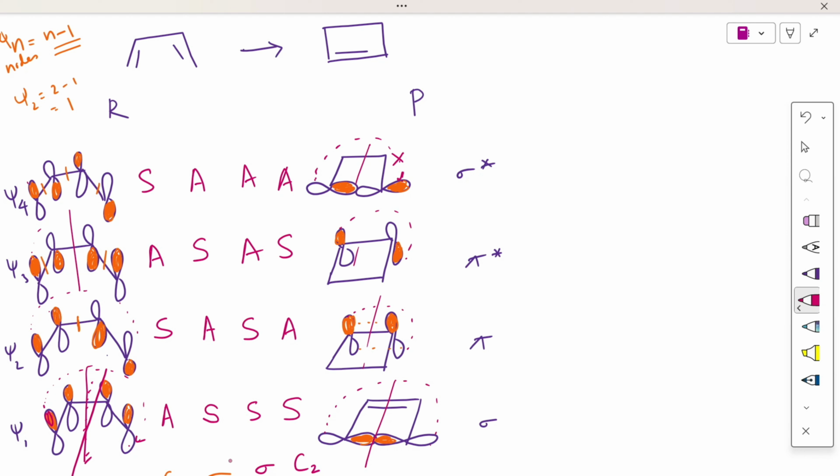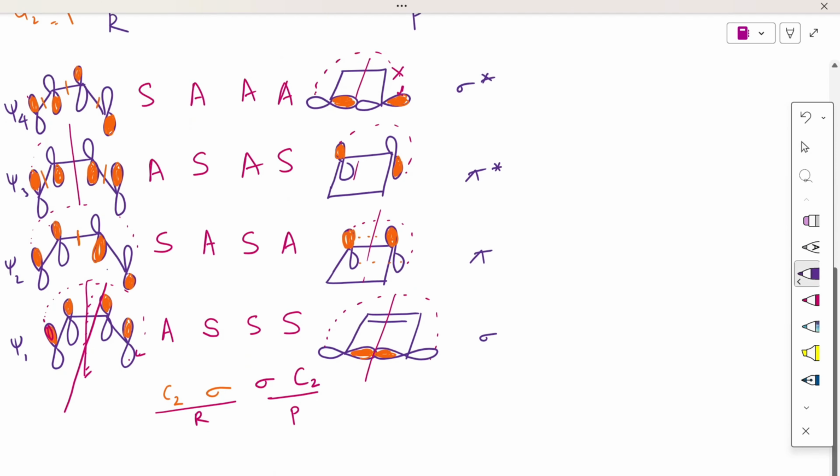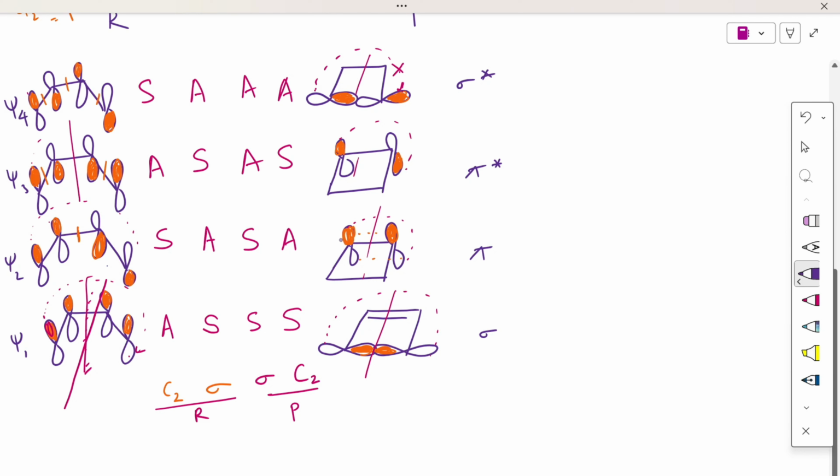Okay, so we have got the symmetry with respect to the various reactant and product molecular orbitals. It is done. Once this is done, we have done 75% of the work. Now, one thing which you should remember is that when I consider the dis and con rotation, we can have dis rotation or con rotation. Dis rotation means the rotation in the opposite direction, and con means rotation towards the same direction. So this can be in or it can be out, but in opposite direction.